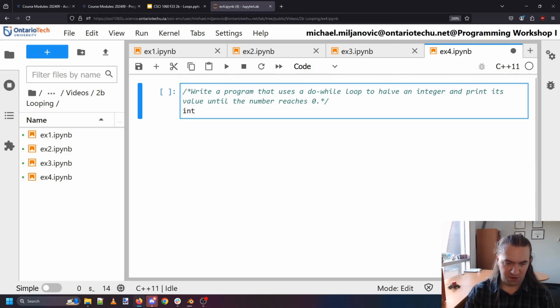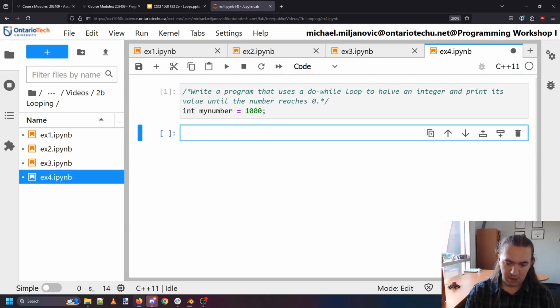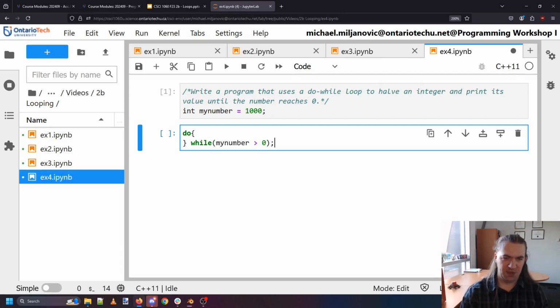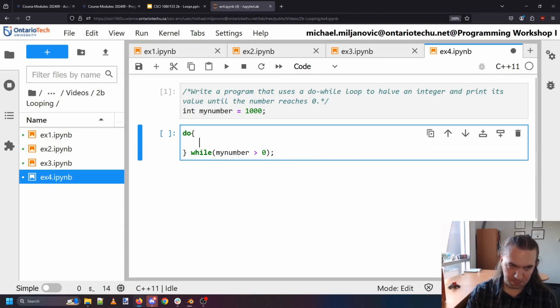An integer is going to be my number, which will start out at, say, 1,000. And we're going to say do, braces, and after is while my number is greater than 0. And once it is 0, we will exit the loop and stop.